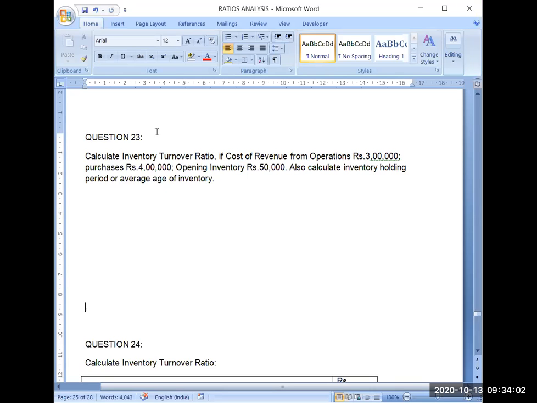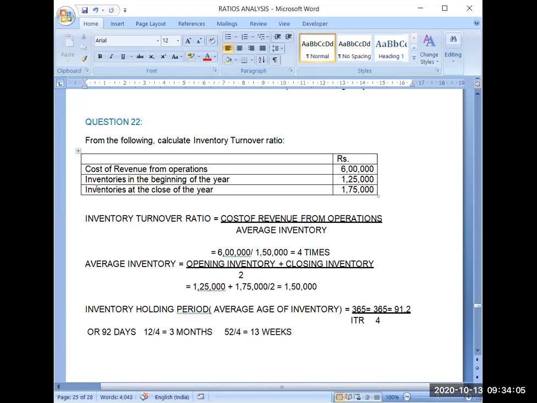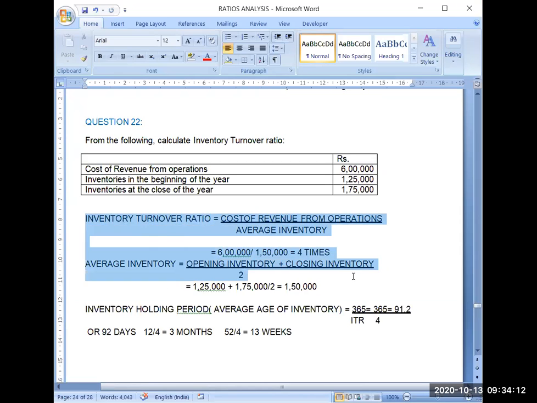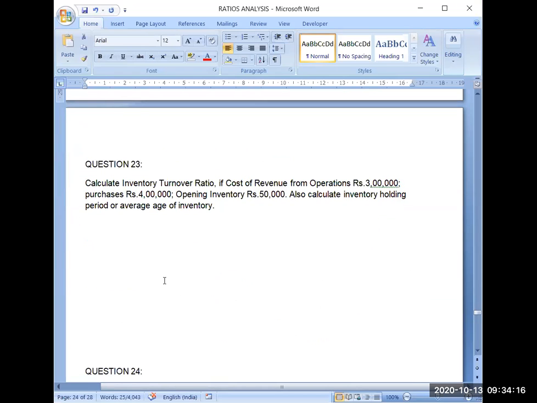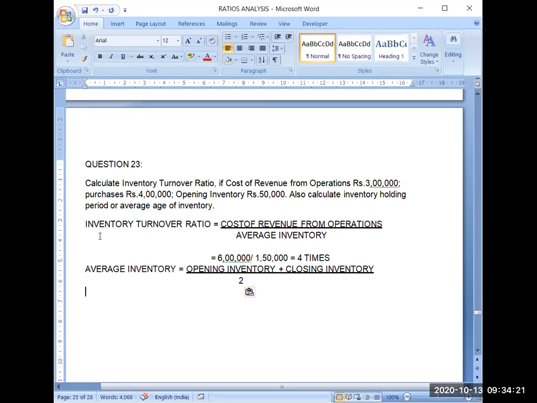So now first we will write the formula of inventory turnover ratio, only then we will be able to decide what we have to calculate. So inventory turnover ratio is equal to cost of revenue from operations upon average inventory. Now cost of revenue from operations is given to us,